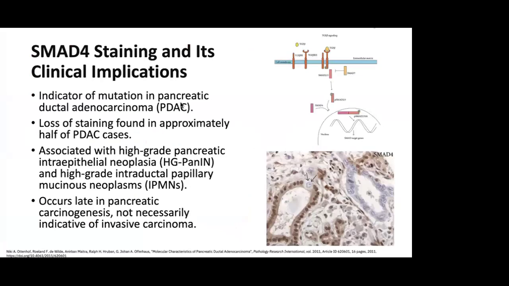SMAD4, also known as DPC4, is a crucial marker in the diagnosis of pancreatic ductal adenocarcinoma, and the loss of immunohistochemical staining for SMAD4 indicates a mutation in this gene, which is found in about 50% of the PDAC cases. This loss leads to the absence of nuclear staining in the malignant cells, as you can see in the picture,